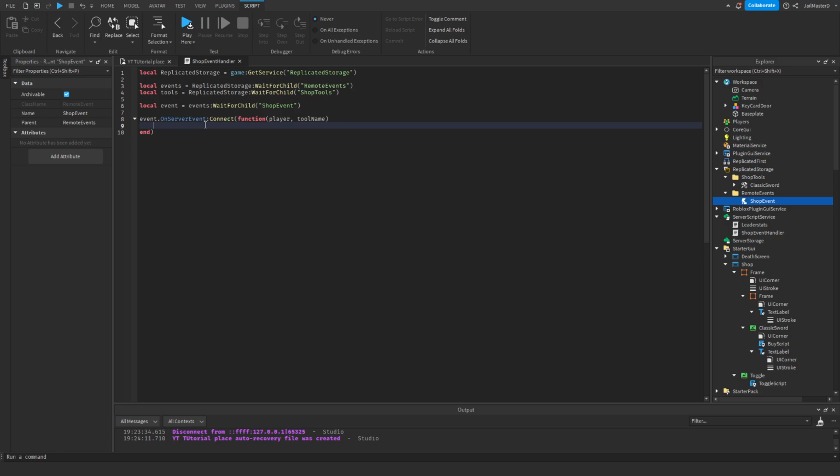Alright, so what we do now is local leaderstats equals player:WaitForChild("leaderstats"). Local cache equals leaderstats:WaitForChild("Cache"). If cache.Value